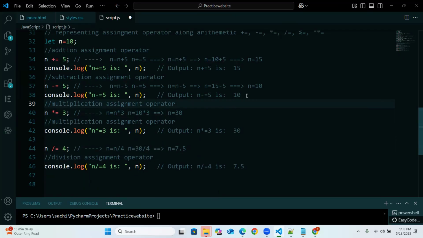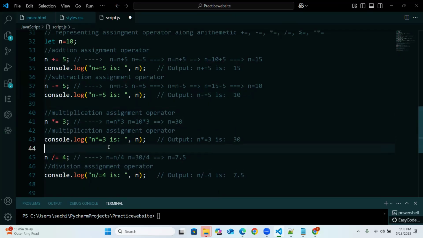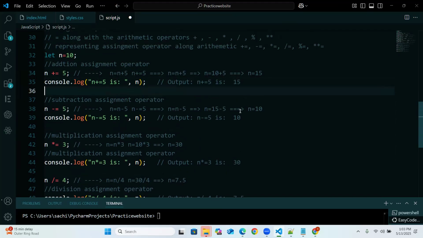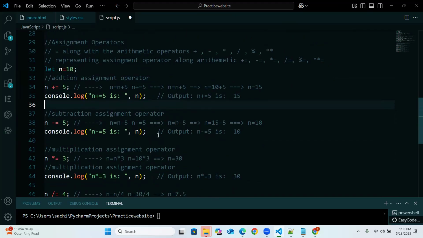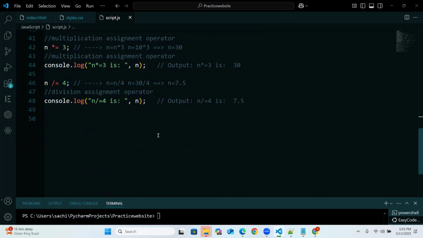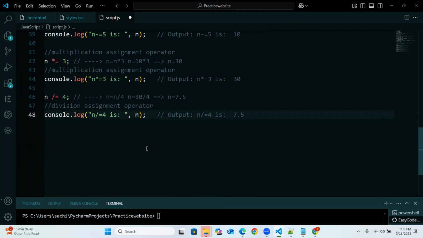Now in here, multiplication, division, and this is subtraction, and this is addition. That's how it is. So this will be saved. Going forward,